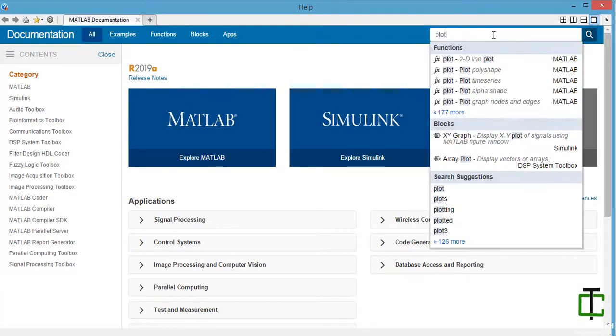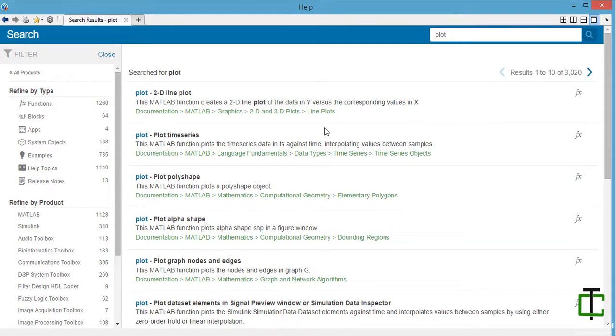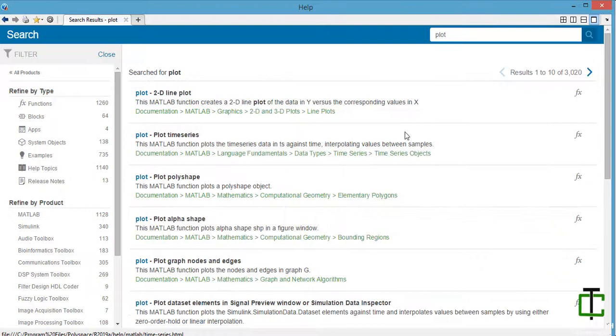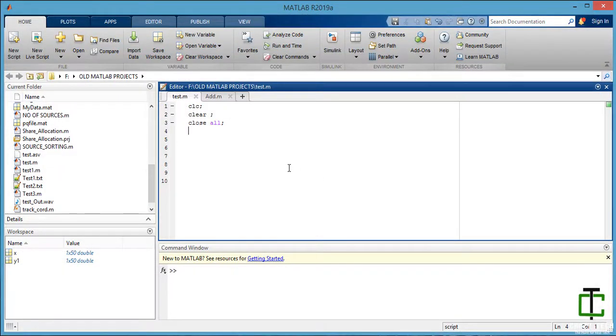type here plot. Okay, so as you can see here, plot itself is a very vast course, and learning all this stuff you will get confused. So I want to make the plotting video as simple as possible, considering that my viewers are beginners in MATLAB. As a signal processing engineer, I will be dealing with the specific kind of plotting which you will be needing in signal processing and image processing courses, which I will be dealing with in later videos.